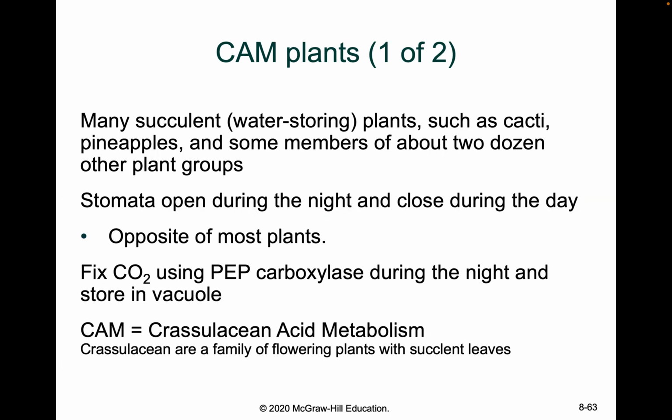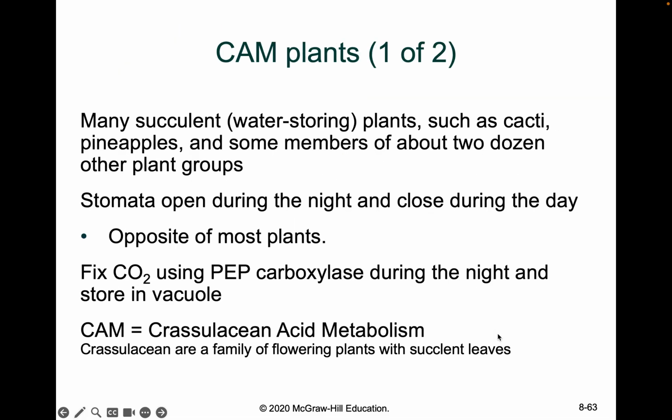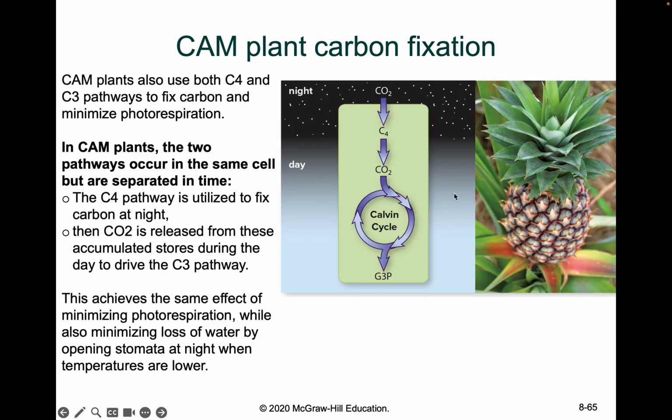So again, I'm going to repeat this. In the C4 pathway, the most important thing is that this oxaloacetate helps with the spatial problem: the mesophyll cannot do the carbon cycle. It needs to be transported into the bundle sheath cell because carbon dioxide cannot go inside the bundle sheath cell. It's impermeable. So when you do the C4 pathway, you can transport it. In CAM plants, you don't have this problem because this is all done in the same cell,